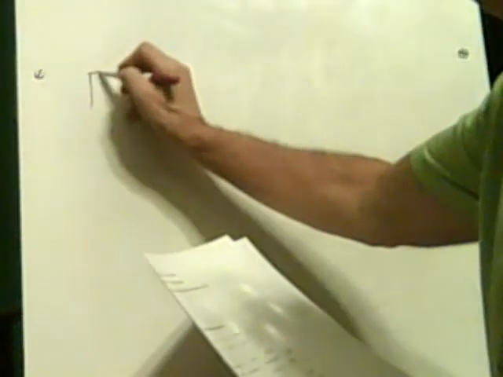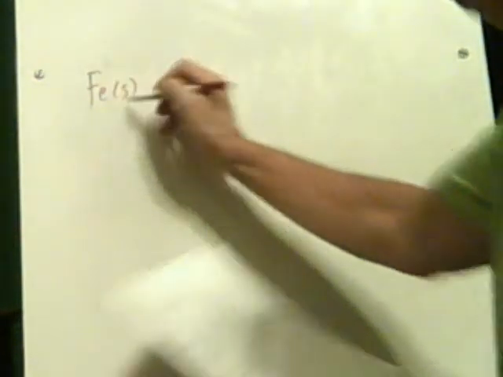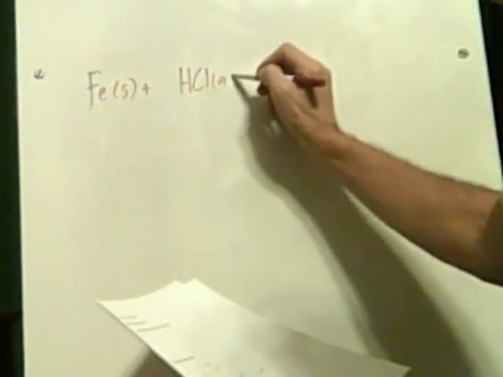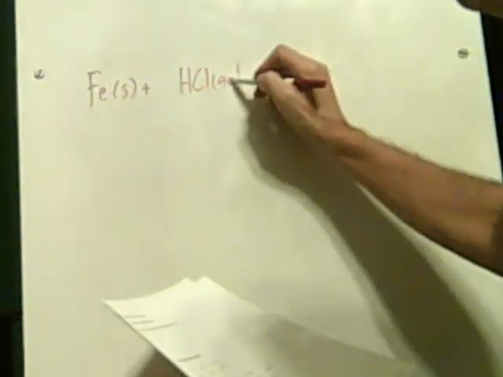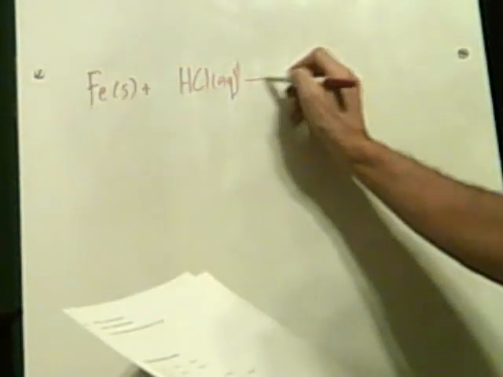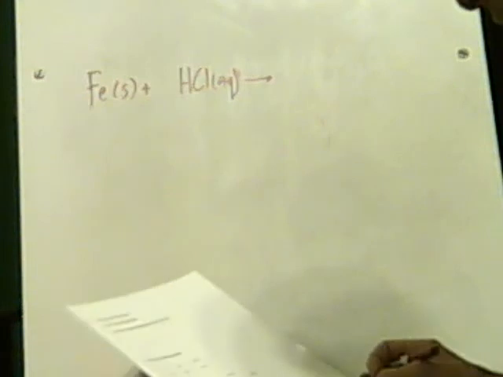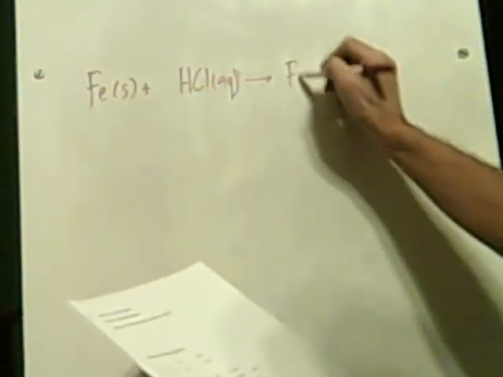Okay? Okay, the next one is iron plus hydrochloric acid, aqueous. I'm sorry, I put a G. That should be a Q for aqueous. And when you put iron and hydrochloric acid, what happens is you get hydrogen gas. They have here